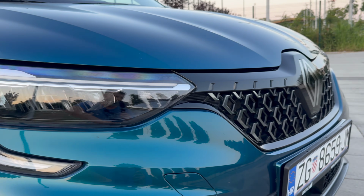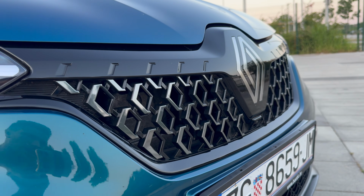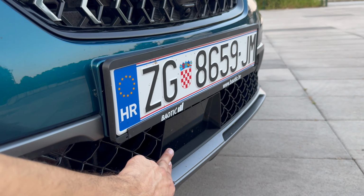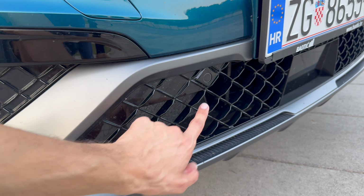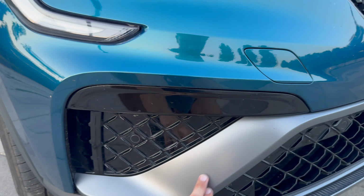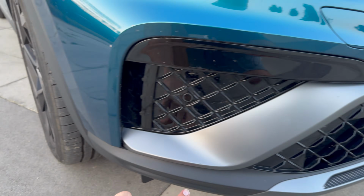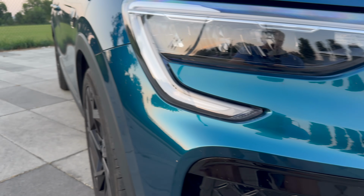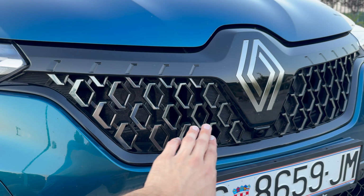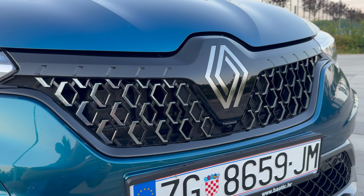Now let's just focus on the changes. You can see the new mesh design here. We have the diamonds, and you have the new diamond on the front. Now the radar is at the bottom, and this is also like a triangle design there. You have the piano black accents and matte gray accents here and on the lip there. You have unpainted plastic extending around. Now, these, when you're moving, are supposed to look like moving diamonds. So maybe if you move the camera, I guess you get that